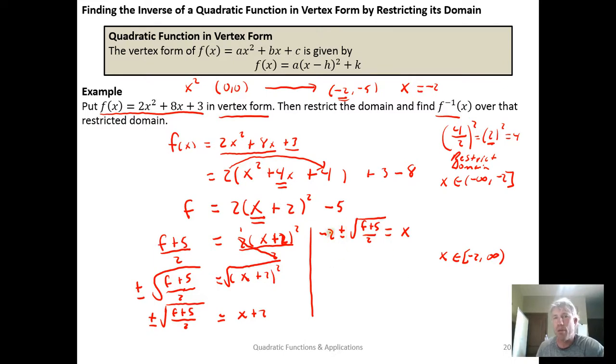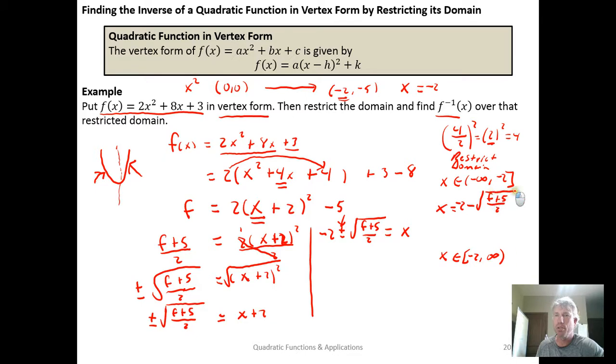So we can see here that we have 2 functions. So the plus function, remember we had a parabola that looked like this with the line of symmetry at x equals -2. The plus the square root is going to correspond to the stuff to the right of the line of symmetry, and the minus square root is going to correspond to the stuff on the left-hand side of the line of symmetry. So I have 2 functions sitting here because of the plus or minus. For the restricted domain from -infinity up to -2, which is everything to the left of the line of symmetry, our inverse function is going to be x equals the -2 minus the square root of f plus 5 all